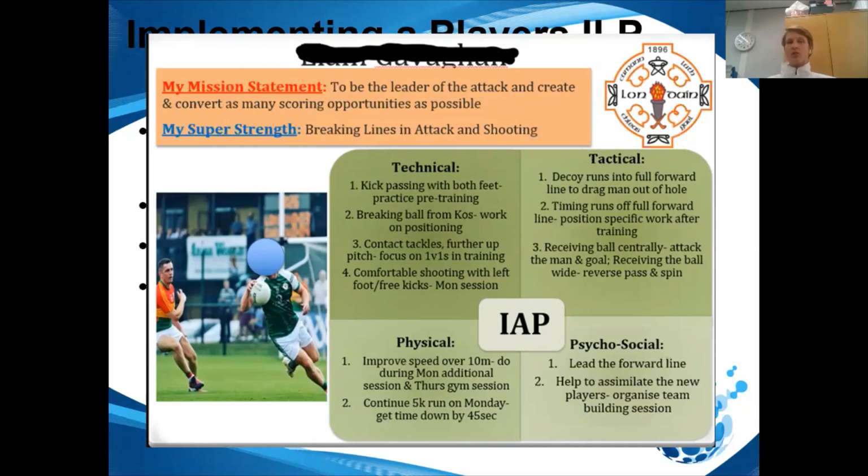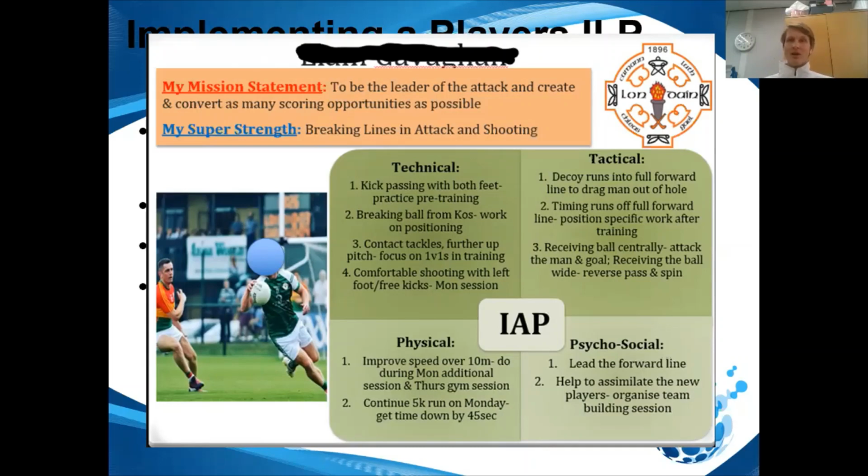And then you can see through the 4 corners, we've got kick passing of both feet. So wants to really master different kick passes of both feet. We've got breaking ball. So working on different breaking ball when it gets knocked down from centre back, from midfielder, because it's an opportunity to be able to get back on the attack and break lines. Contact tackles, now we're looking at regains, but you can see for this player now, his ILP is, and we call it the zone of proximal development, he's not on level 1, he's mastered certain things now, so how do we make him even better?